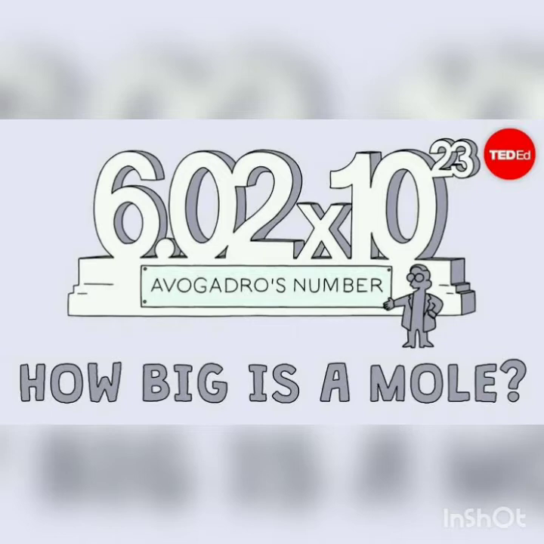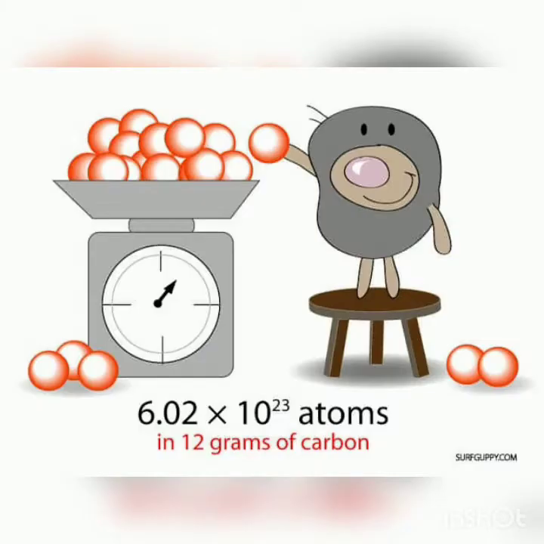In this case also, the gram molecular mass as well as 6.022 into 10 raised to the power 23 molecules represent 1 mole of the compound. And this number is defined as Avogadro number. Yes, this Avogadro number is equivalent to 6.022 into 10 raised to the power 23. Here in this example, you can see carbon, which has atomic mass in grams as 12 grams, contains this Avogadro number. That means 6.022 into 10 raised to the power 23 atoms.